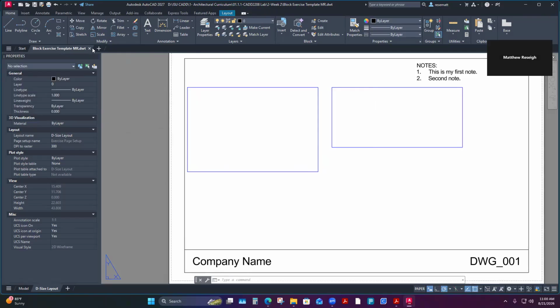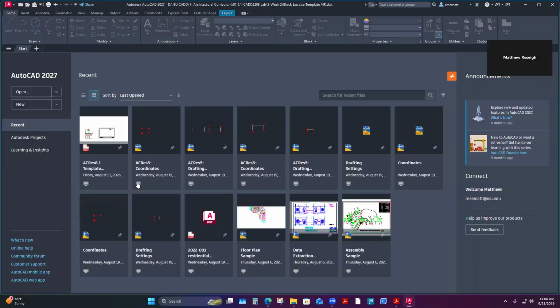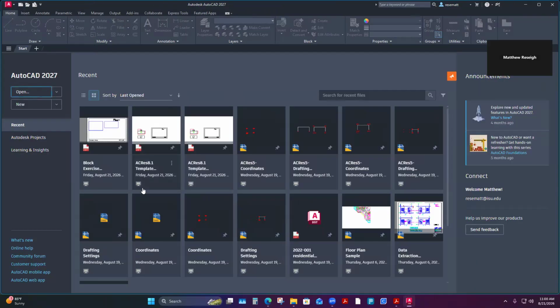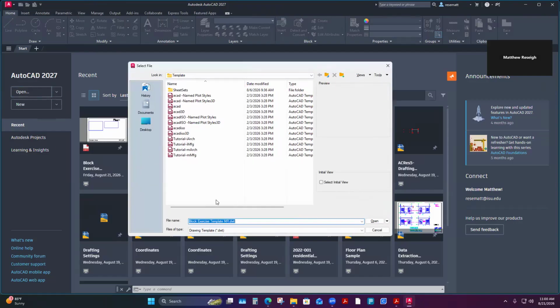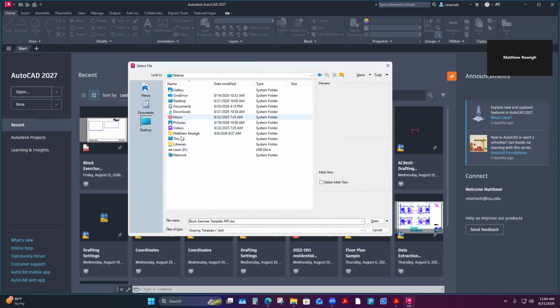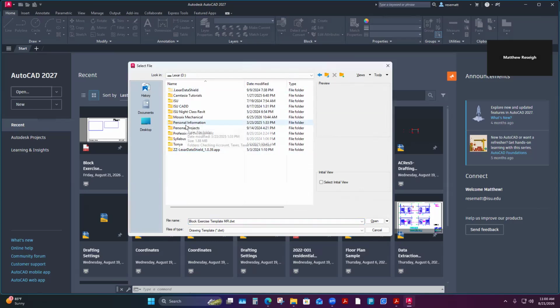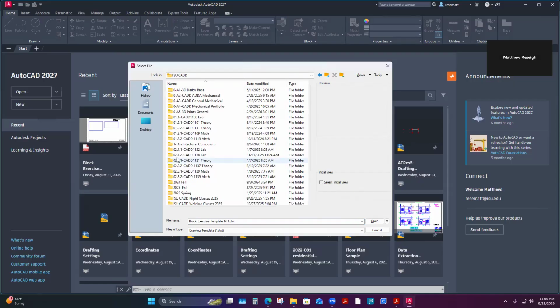If I close this out now, I'm just back to no drawings open in CAD. It just says to verify that it looks correct. So I'm going to say, let's go open that file again. Of course, it's right here on your most recently used ones, but if you just want to double check here,